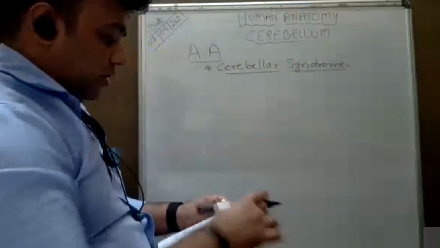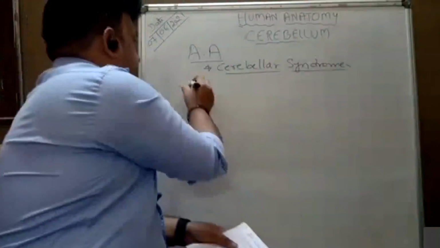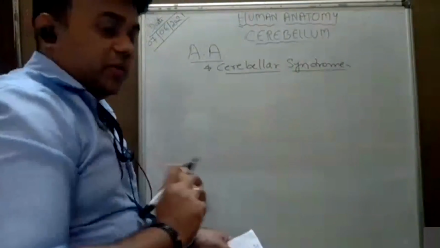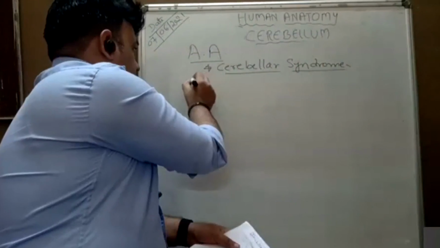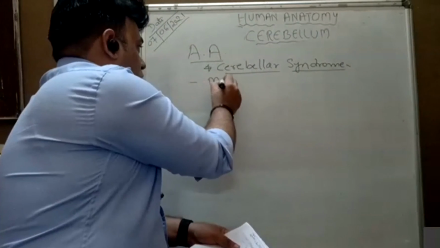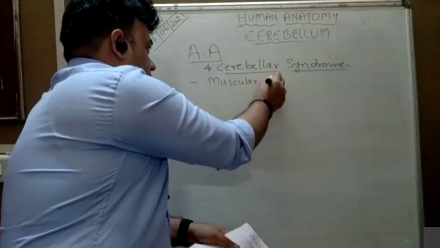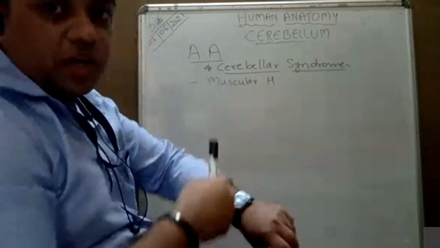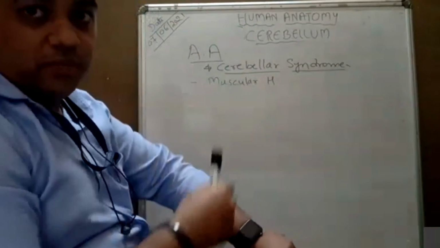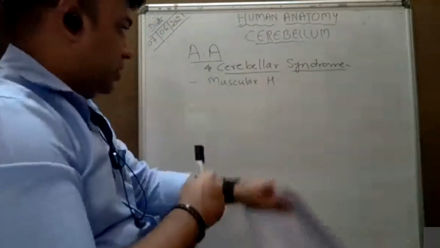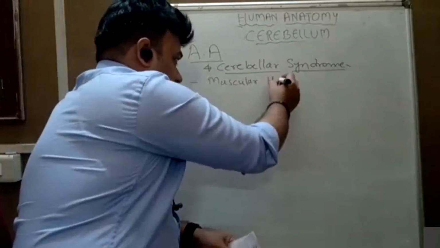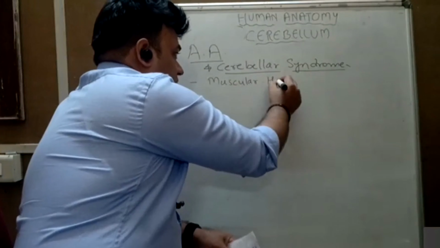The first one is muscular hypotonia. The tone is related to the paleocerebellar part. The tone of the muscle will decrease. If you have seen in physiology, they do the reflex test by hammer. We will see that very little tone is there, meaning less jerk or less reflex: muscular hypotonia.